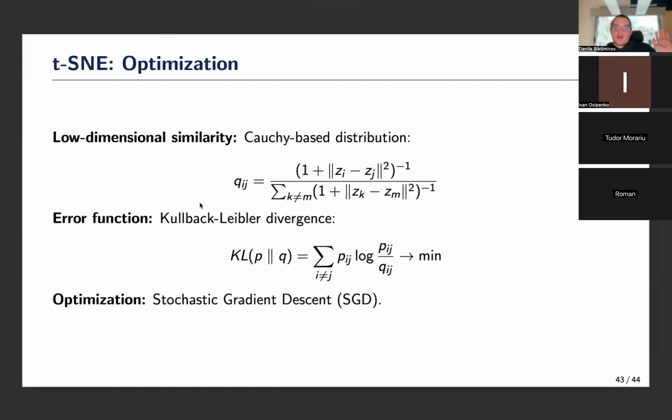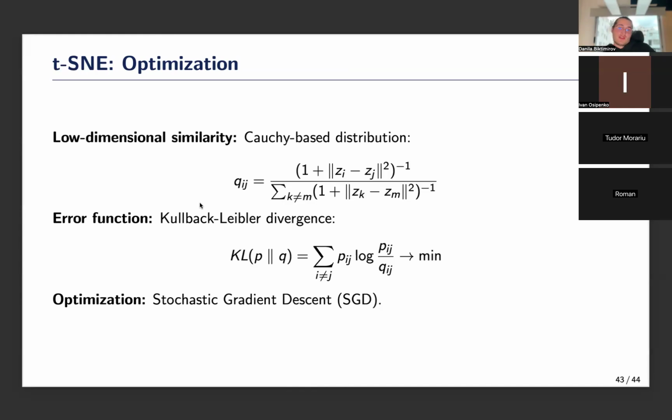Now let's move on to measuring similarity in the new low-dimensional space. It's known that in high-dimensional spaces, objects can be arranged in such a way that their pairwise distances are close. However, preserving these properties in a low-dimensional space is unlikely to be feasible. Therefore, we measure the similarity between objects using the Cauchy distribution, which has heavy tails and doesn't penalize increasing distance between objects. And now we can measure distance between objects both in the original space and in the new space.